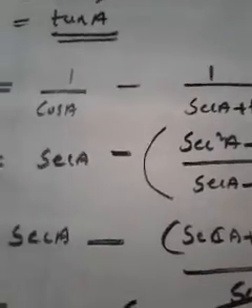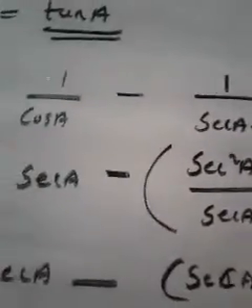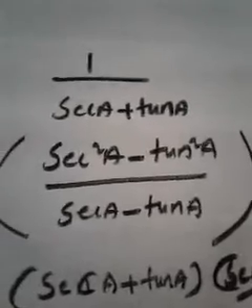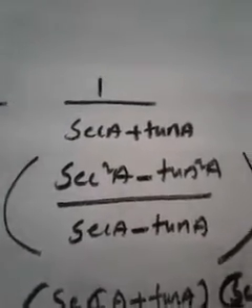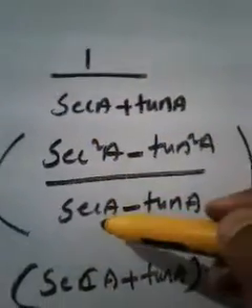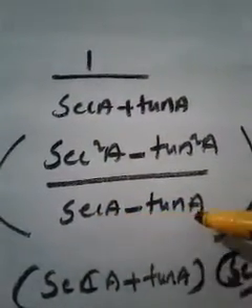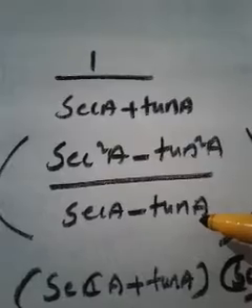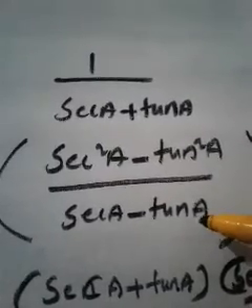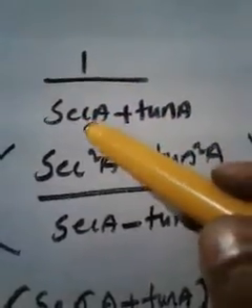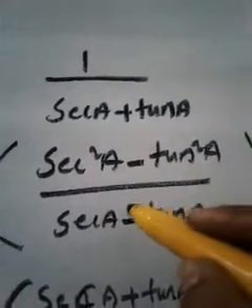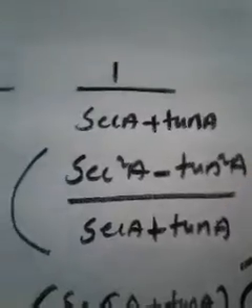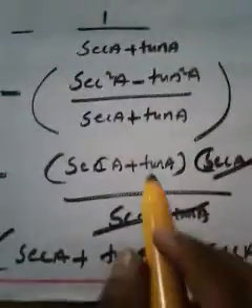Sorry, one mistake happened. If I was in a class, you may correct me, isn't it? Can you tell me which is the mistake I have done? Here the denominator is sec plus tan a. Here I wrote it as sec minus tan a. Sorry for the mistake. Instead of sec minus tan a, I should write what? Sec plus tan a. Sorry, it's a great mistake. Try to avoid this type of mistake.